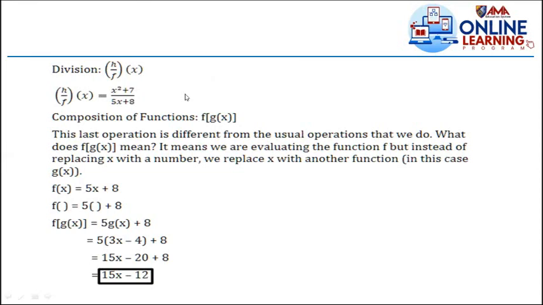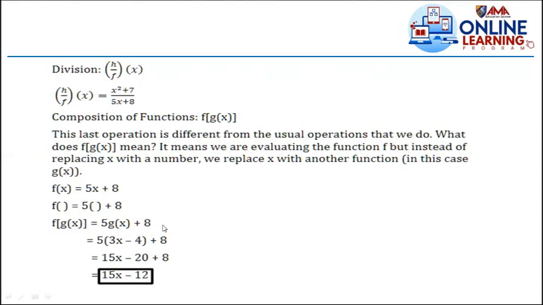What does f of g mean? It means we are evaluating the function f, but instead of replacing x with a number, we replace x with another function, in this case, g of x. So f of x equal to 5x plus 8. F, which is unknown, we have 5 and then plus 8. So therefore, f of g of x will be